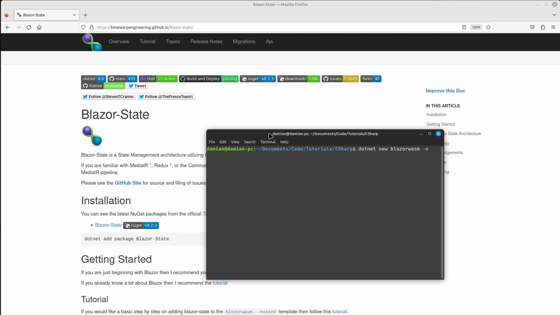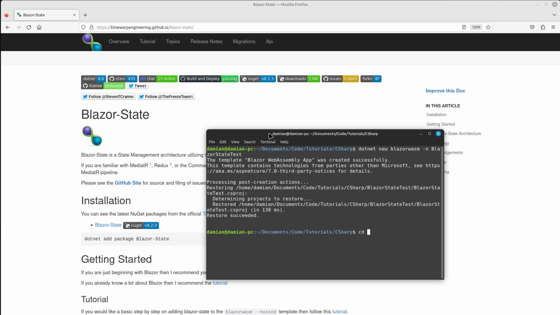I'm going to call the project Blazor-State test. We're going to cd into that directory, Blazor-State test. Bring Visual Studio Code over here,